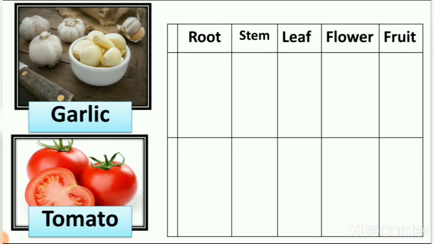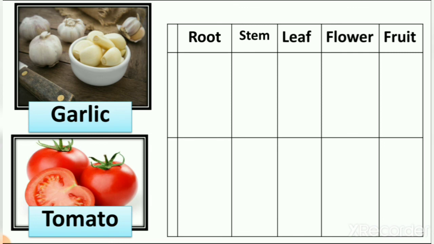So when we see garlic, it looks like onion. We learned that we also eat green garlics, right? So when we see the roots of the garlic, we see that it is growing in the underground part of the plant. It looks like onion, and onion is the root of the plant, right? So here you can see the garlic. So is garlic the root of the plant or the stem of the plant?